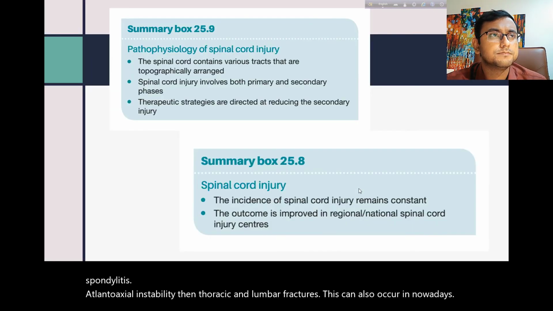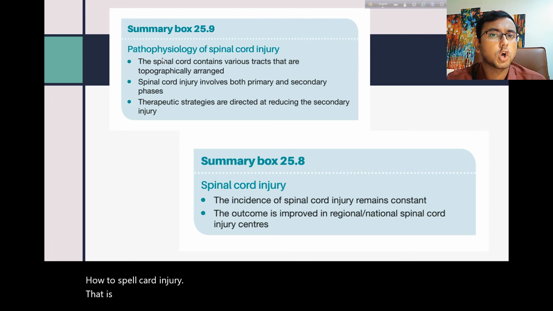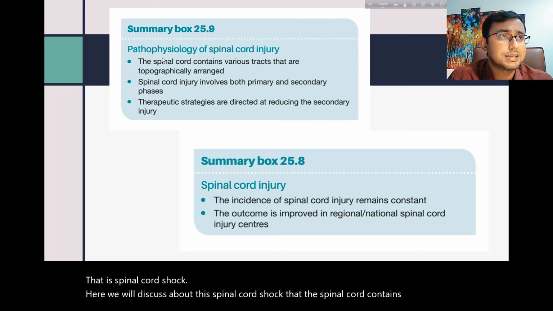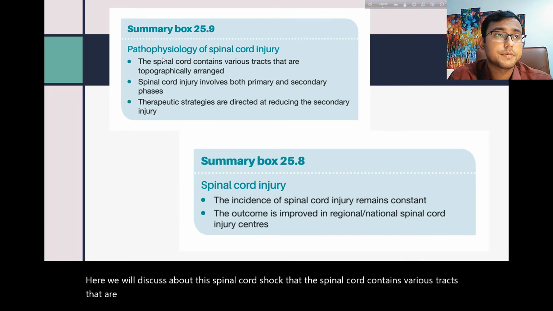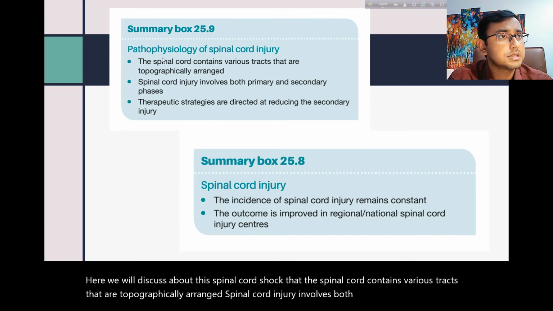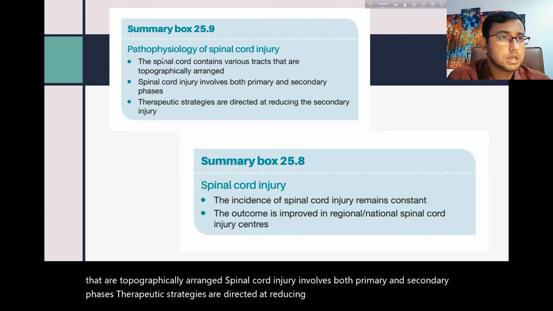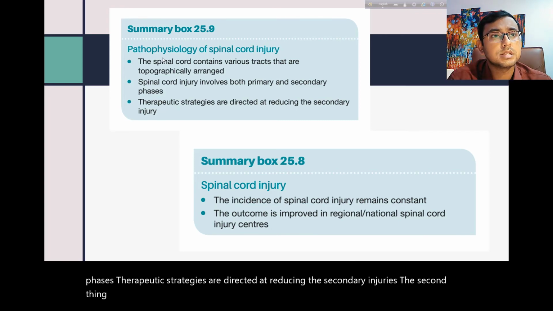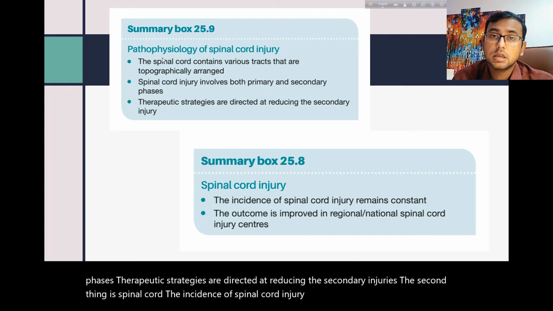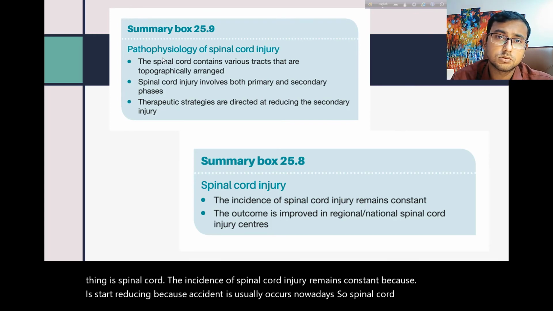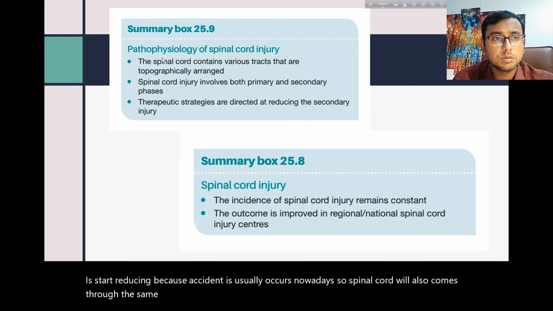Now the spinal cord injury, that is spinal cord shock. Here we will discuss the spinal cord shock. The spinal cord contains various tracts that are topographically arranged. Spinal cord injury involves both primary and secondary phases. Therapeutic strategies are directed at reducing the secondary injuries. The second thing is that the incidence of spinal cord injury remains constant, it is not reducing, because accidents usually occur nowadays. And the outcome is improved in regional and national spinal cord injury centers,